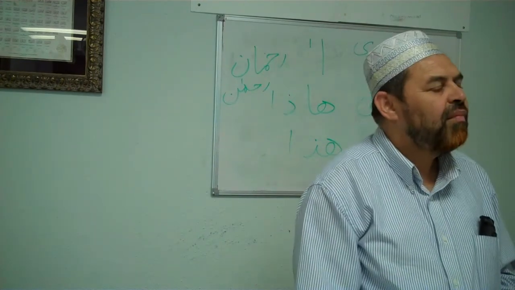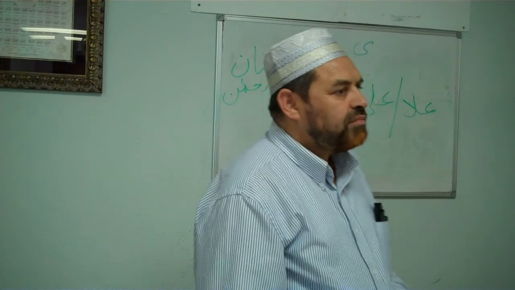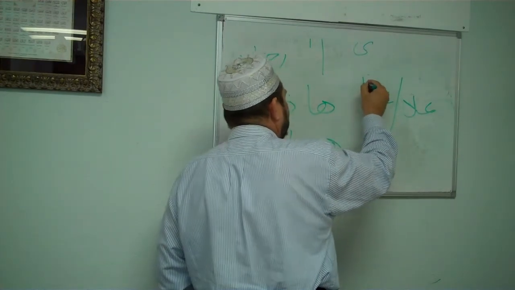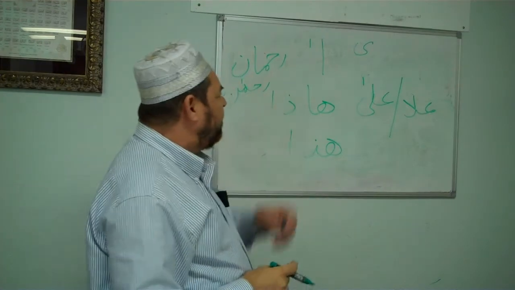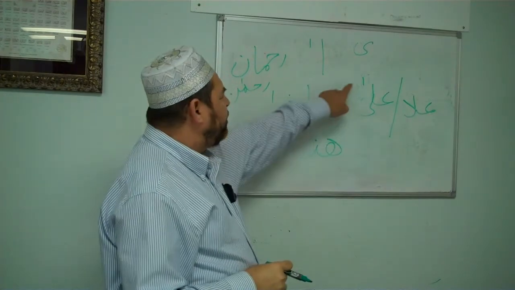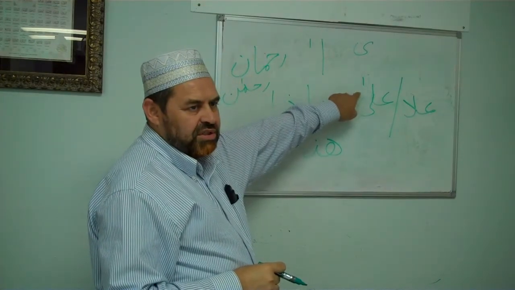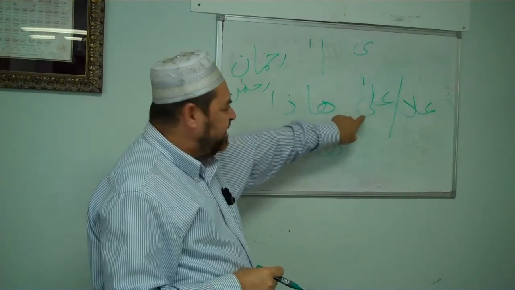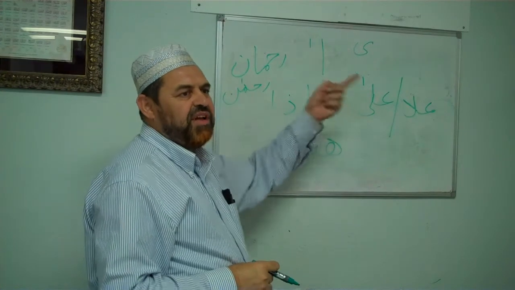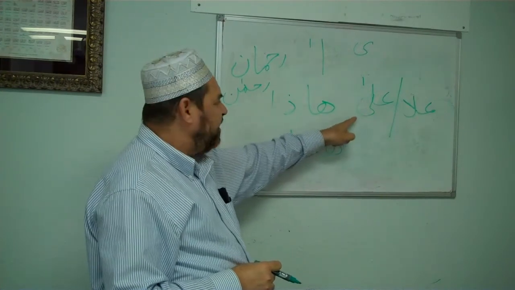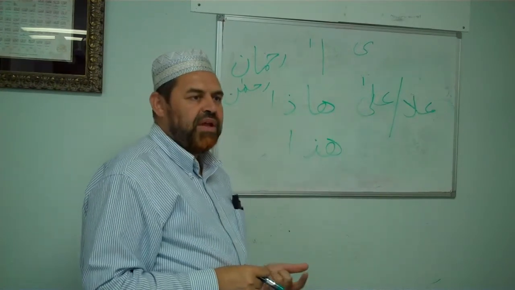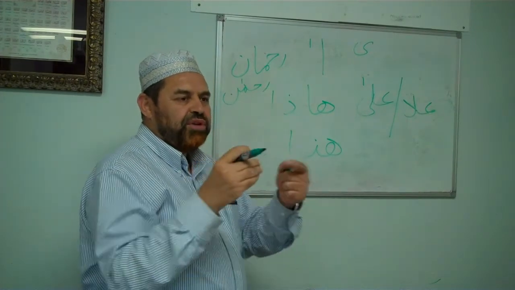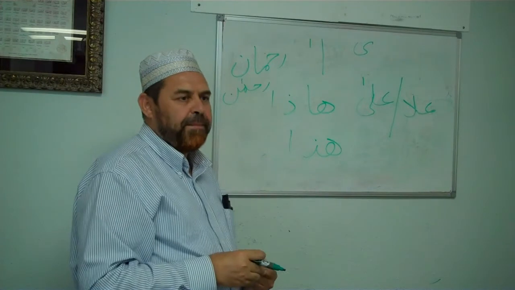So the word ala will have both alifs, like one dagger alif on the end. Some people do that, but there is no need for this dagger alif on ala, because this itself is alif. Okay. This alif is in the shape of ya. That will be alif maqsura. So there is no need for both alif maqsura and alif qasira.